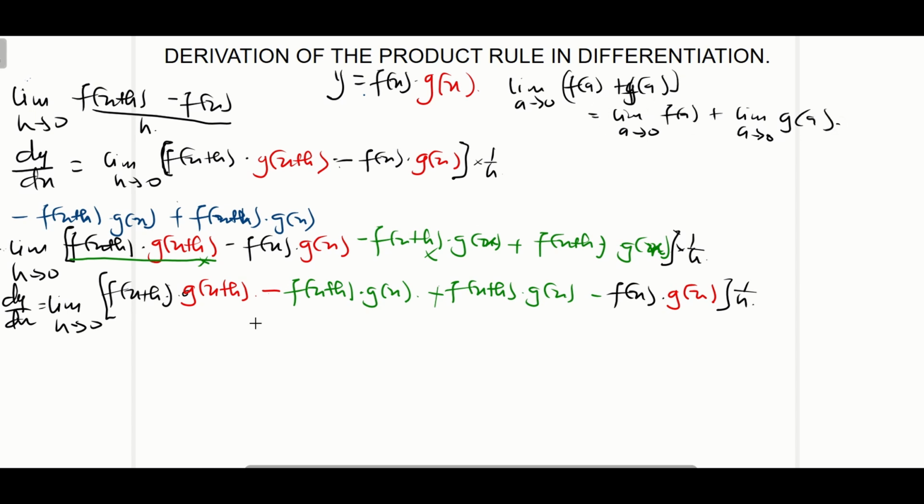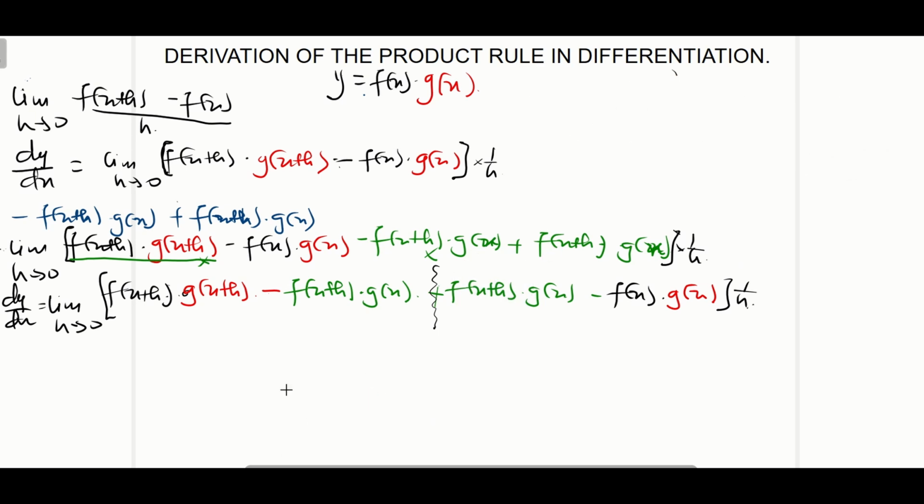So we are using that concept over here, where we are going to break these into two. We take the limit of this part, then take the limit of this separate part. Mind you, each section will still be divided by h. So what are going to be our separate limits? Then we still have that dy/dx is going to be equal to the limit as h approaches 0 of the whole of these, which is going to give me